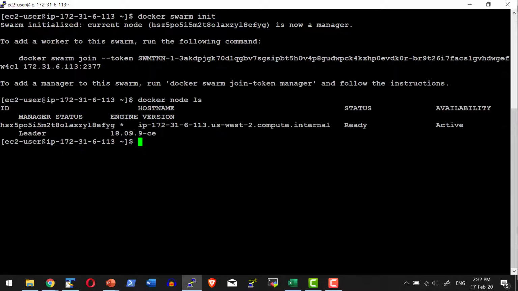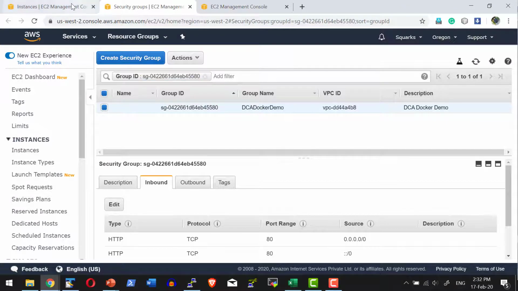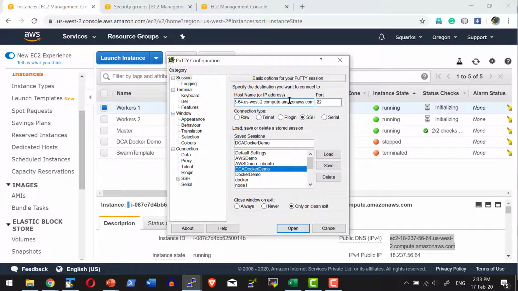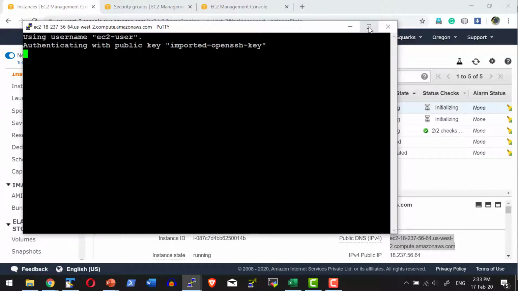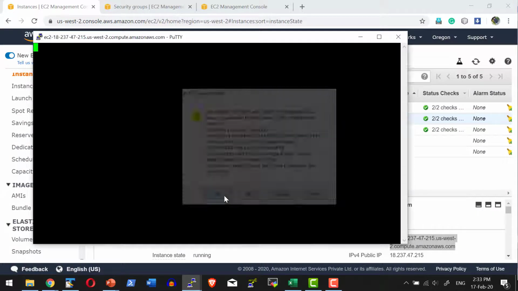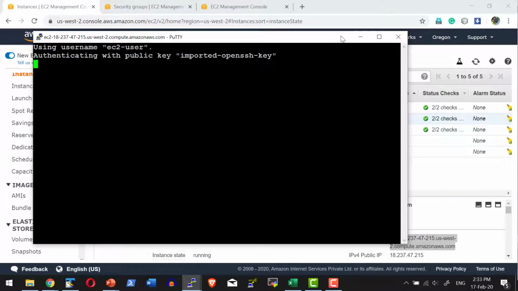Now let me go ahead and execute this command on the remaining two workers. Let me copy the DNS of worker 1. Let me make this worker 1 and this worker 2. So I'm going to copy the DNS of worker 1. Only the DNS will get changed. Otherwise, all the other configuration details like the user ID and private key are all the same. Now I am in worker 1. Let me open another window for worker 2. I have logged into worker 1 and worker 2.